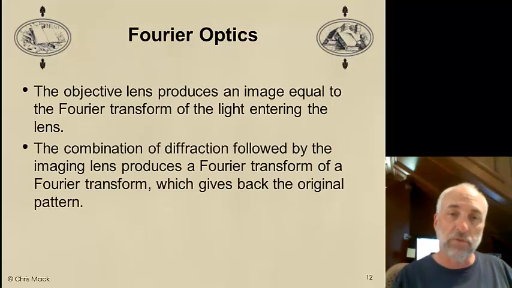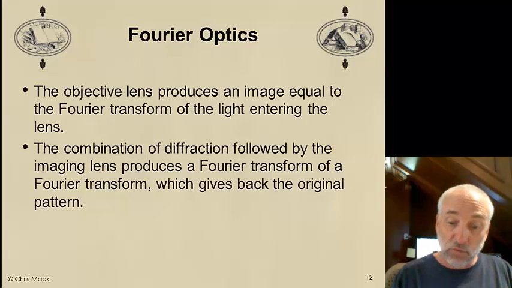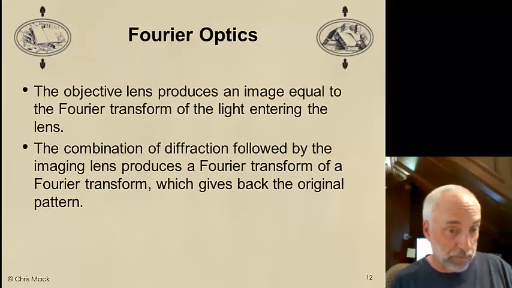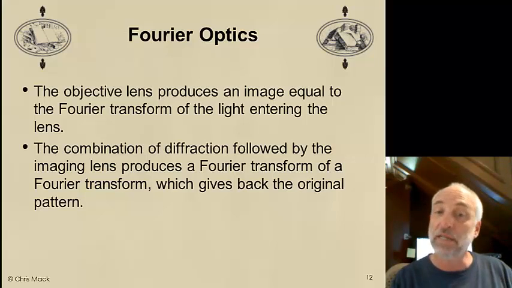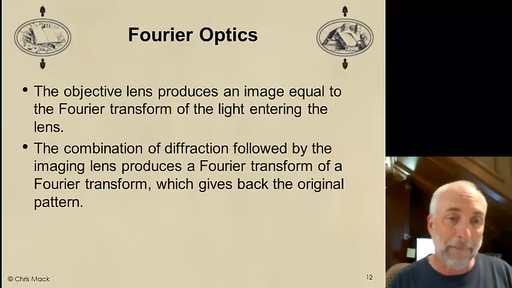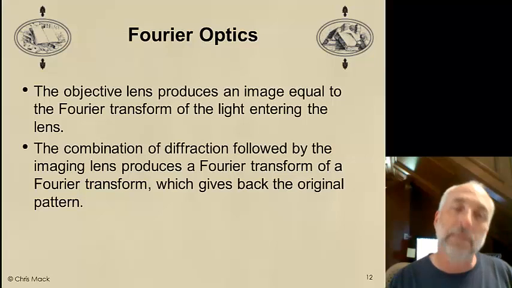All right, now we've got diffraction, which produces a Fourier transform. The diffraction pattern is the Fourier transform. We've got a lens, which produces another Fourier transform. This time it's the Fourier transform of the Fourier transform. What does that do? It gives us the original back. Now we've got an image that looks like the object, just like we would want to have, with one little